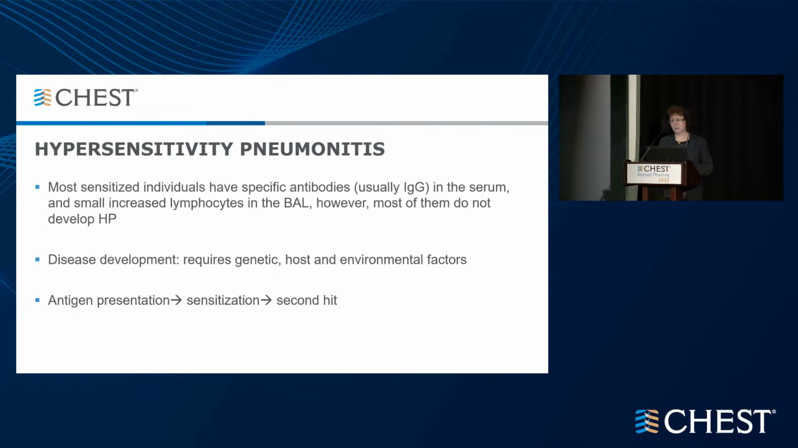Usually, there are some persons that have IgG antibodies when they have been exposed to something, but not all of them will develop hypersensitivity pneumonitis. If you do a BAL on them, they may have increased lymphocytes, but they don't necessarily have the disease. So it requires some genetic, host, and environmental factors. And what has always been described is an antigen presentation,